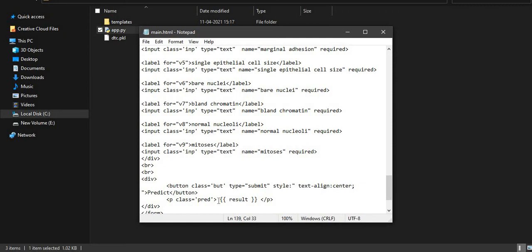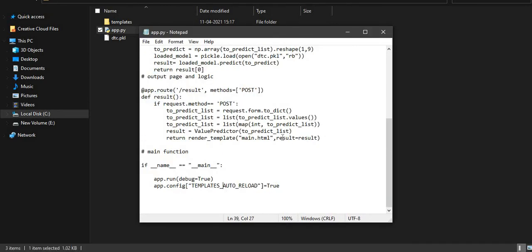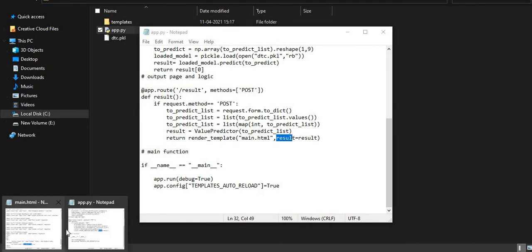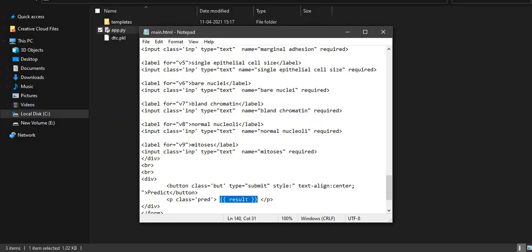So the main thing is that this is a submit button. It should have another thing that is called class equal to pred, which should have these curly braces. This should be there so that whenever you predict something from here, see this result is the result that is being shown here in this HTML.